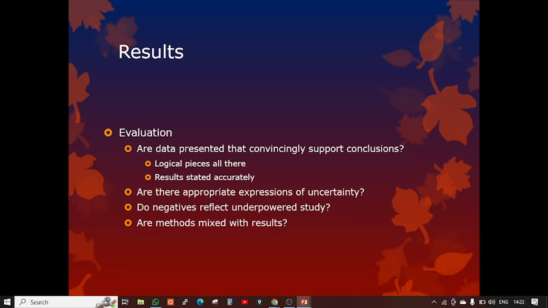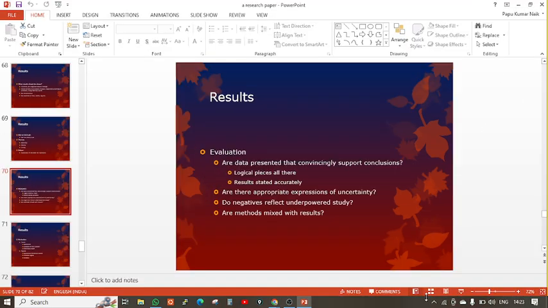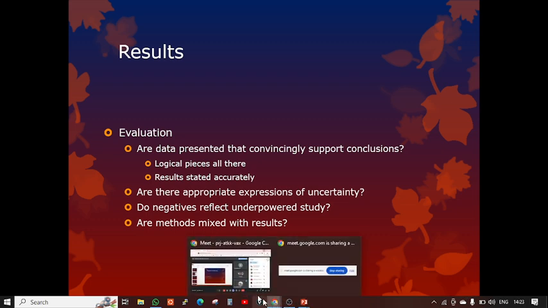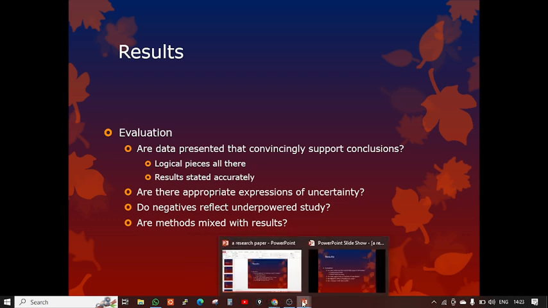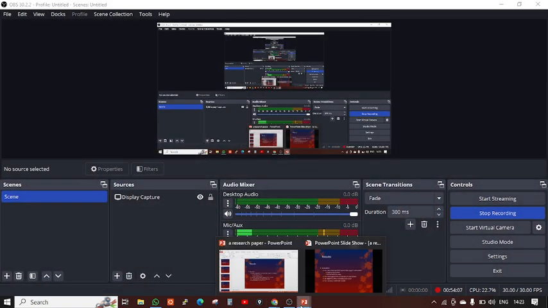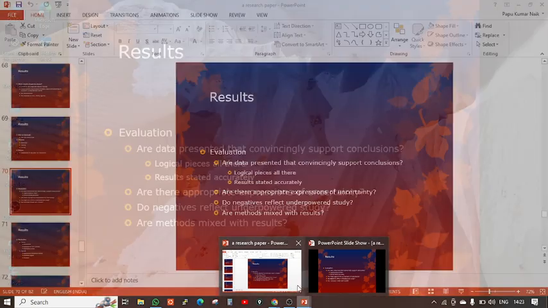Then, is the method mixed with your results? You have to clearly mention whether the method is clear or not, and whether it aligns with your results or not. So all these things you have to write clearly in these sections. Next is